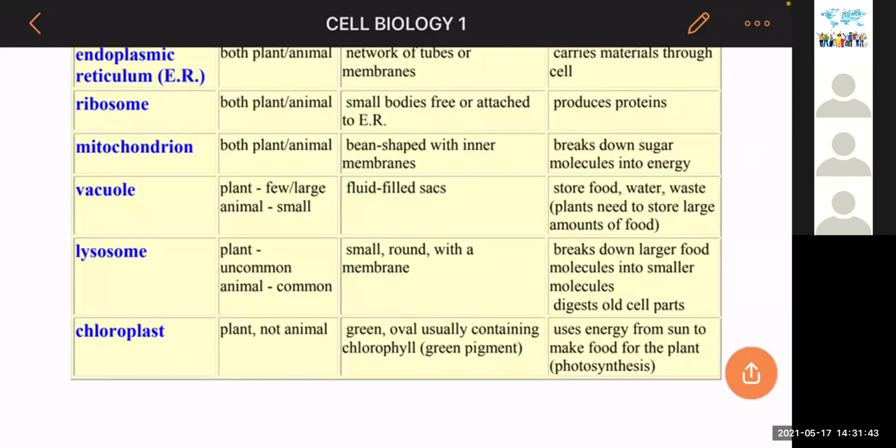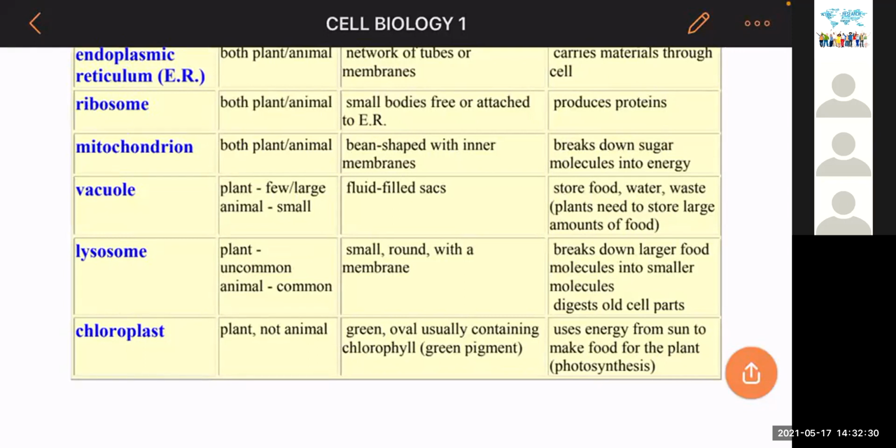Then lastly, we have the chloroplast, the one we were just talking about in plant cells. Chloroplast is only present in plant cells, not in animal cells. I repeat, chloroplast is only present in plant cells, not in animal cells. The description of chloroplast is green, oval, usually containing chlorophyll, a green pigment. Its function is that it uses energy from the sun to make